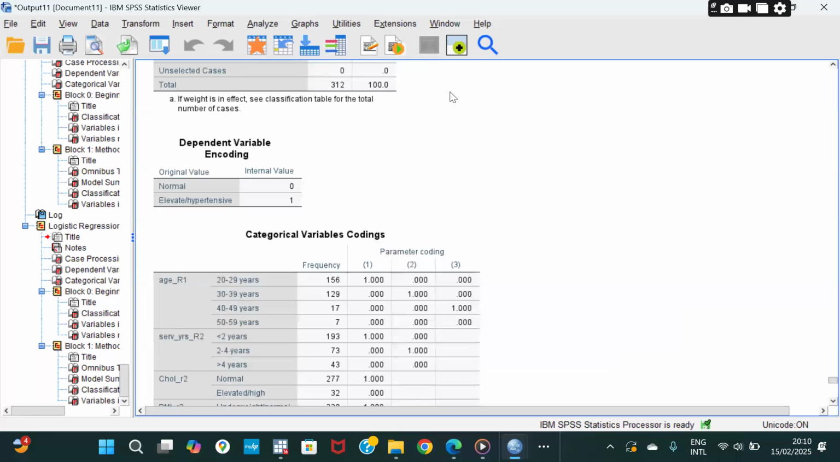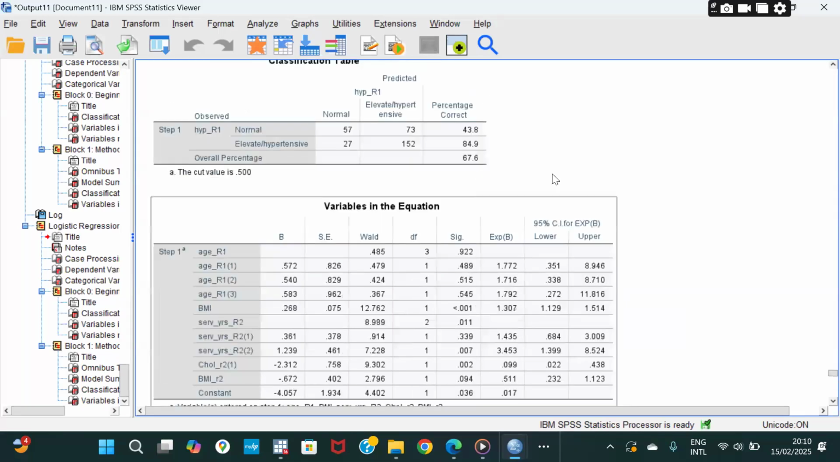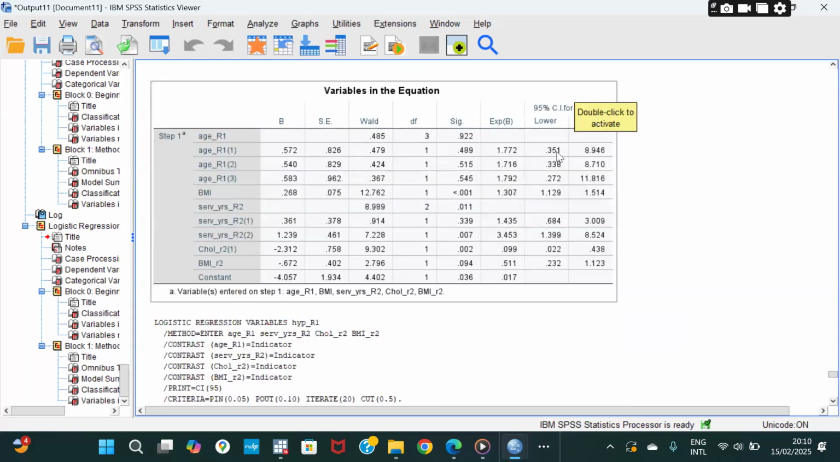for the ones we've done earlier. You compare the significance with the confidence interval. You can see for here, this ranges between 0.351 to